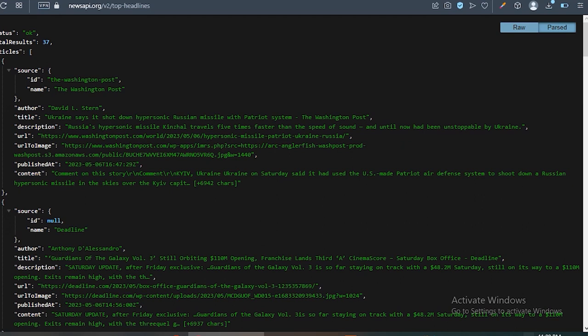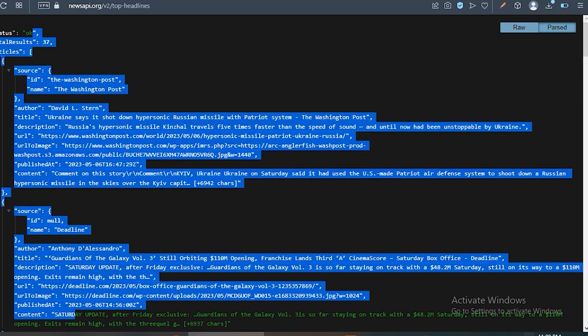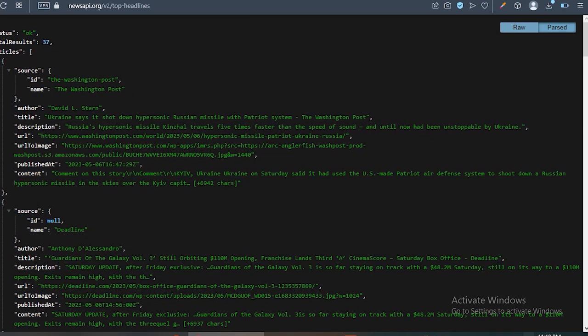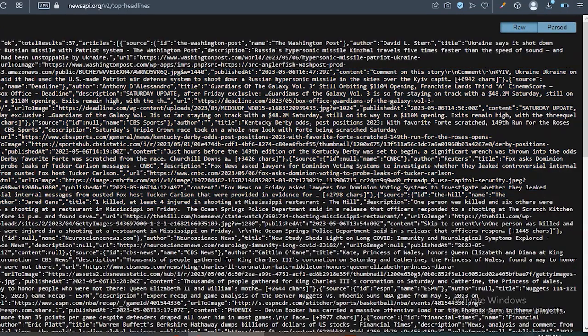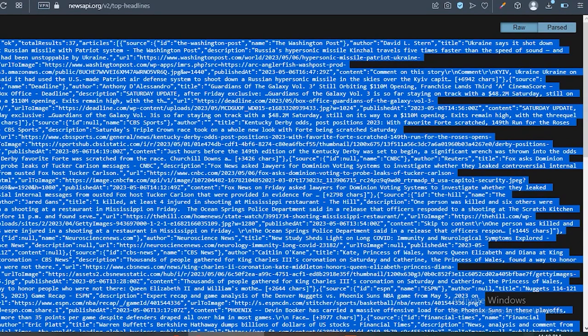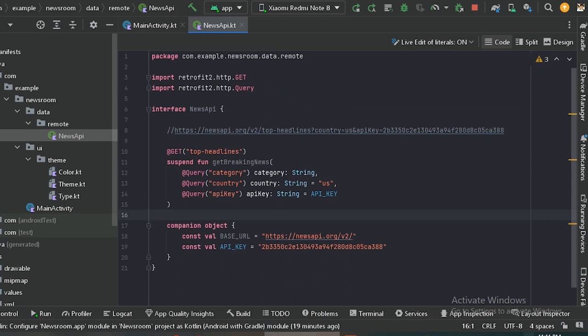Here we can see this is the response object we will get, and you can see I am getting this response object in a beautiful manner because I am using an extension called JSON Formatter. If you are not using that extension, you will receive the response like this. You need to select all this data and copy it, and let's go to Android Studio, and here we